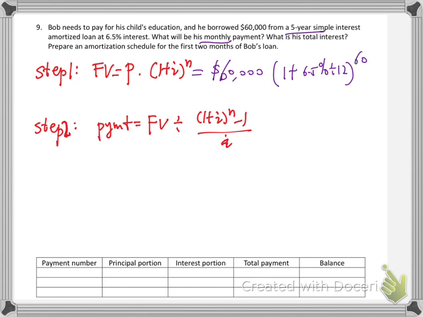Okay, so let's put this here. I is 6.5% divided by 12, and N is 5 years times 12. Then we got future value, use calculator, you got